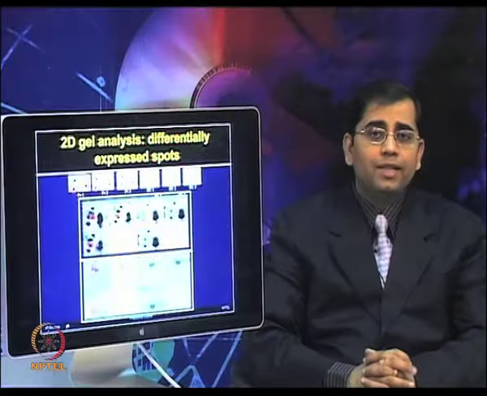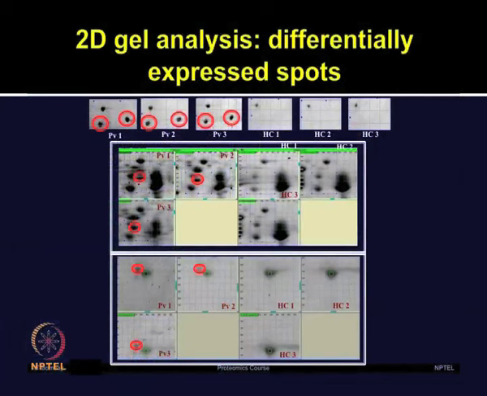As you can see in this slide, we looked at various controls and various vivax patients. These are only a few patient samples here, but we analyzed a large number of samples. But those spots which were reproducible in all the patients, for example, one you can see in the top panel, 2 spots are showing significant alteration in the vivax as compared to the healthy controls. So, these types of spots were considered further for the mass spectrometry analysis.